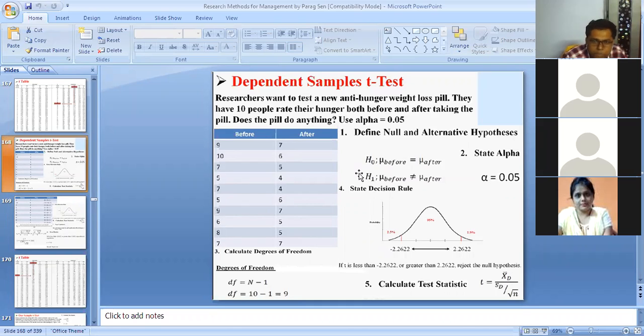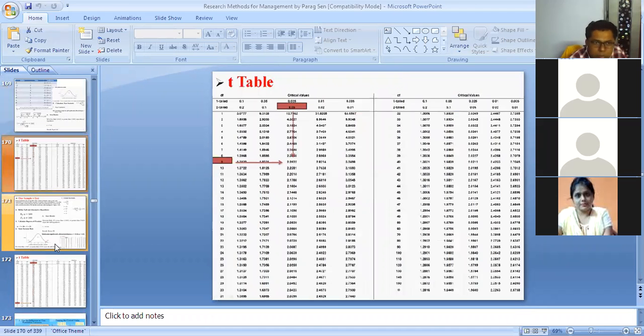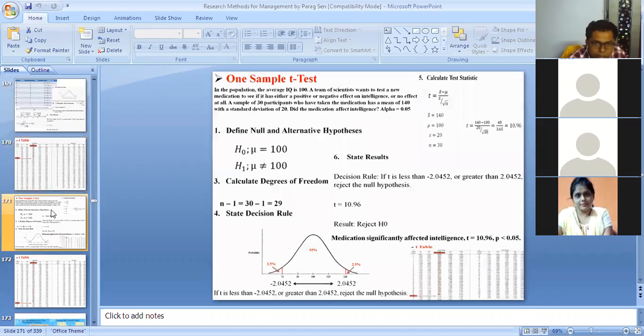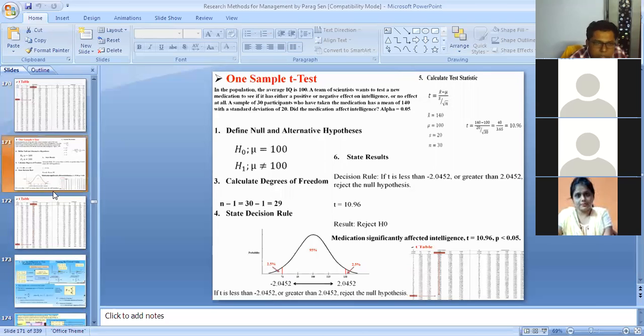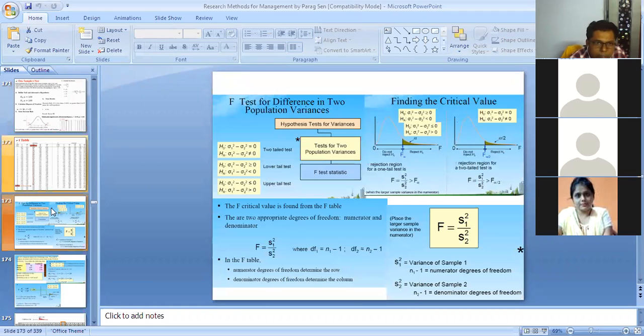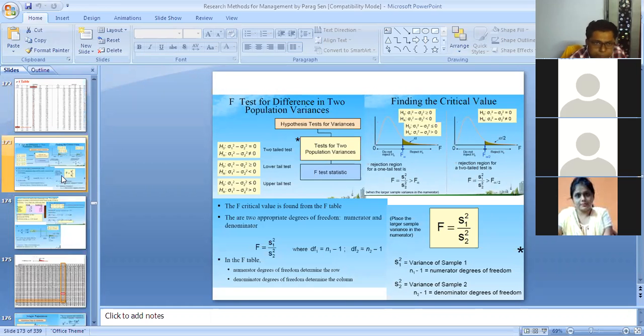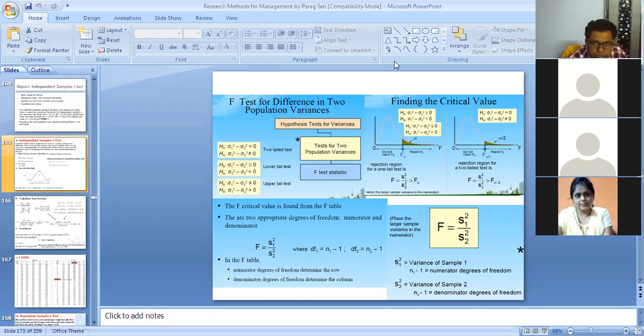So this is all about your dependent sample t-test. In the next class we will discuss the one sample t-test, and also a little bit about the F-test or chi-square test, that we will also discuss. Okay, so now I am going to